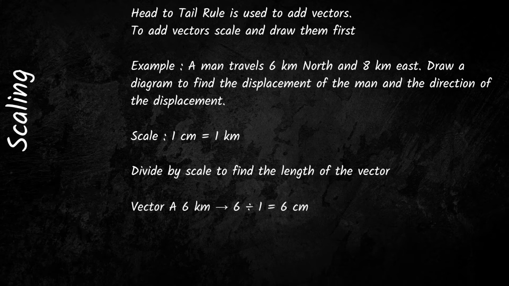So vector A, which was 6 kilometers north displacement, becomes 6 divided by 1, hence 6 centimeters in length. Vector B was 8 kilometers east, 8 divided by 1 is 8 centimeters in length. So our vector A is going to be 6 centimeters in length, and our vector B is going to be 8 centimeters in length, and we are going to move towards drawing these